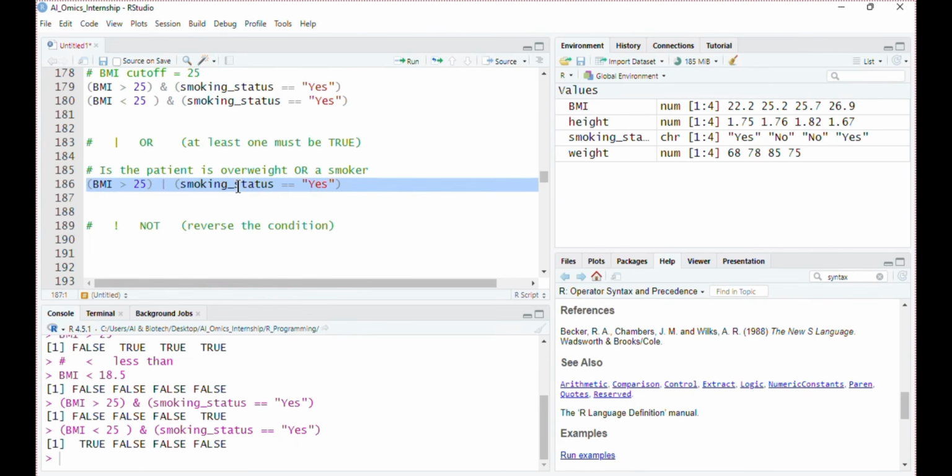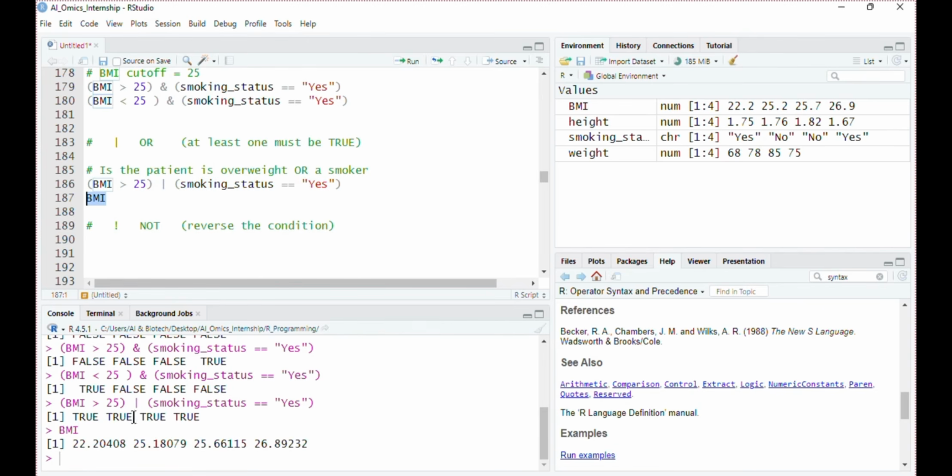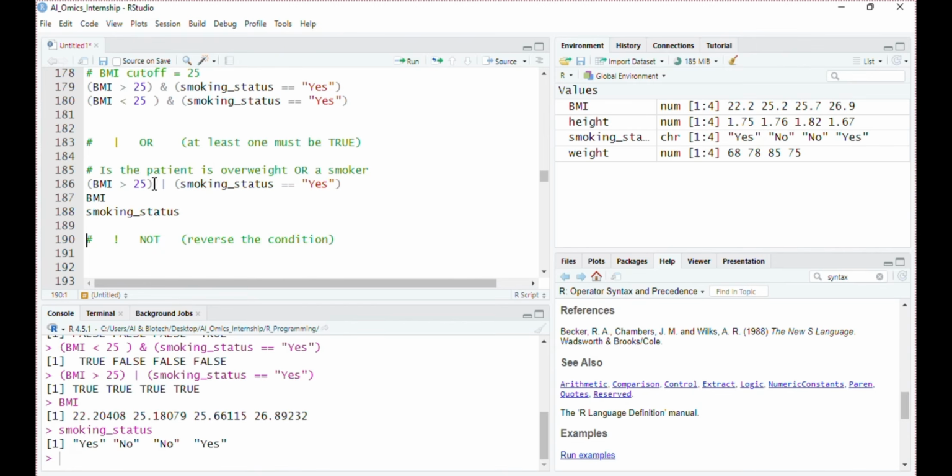So this time, what R did is check both conditions and return true. This is our BMI and this is the smoking status. So the first condition is BMI greater than 25. BMI is 22.2. This is false, but the second condition is true.